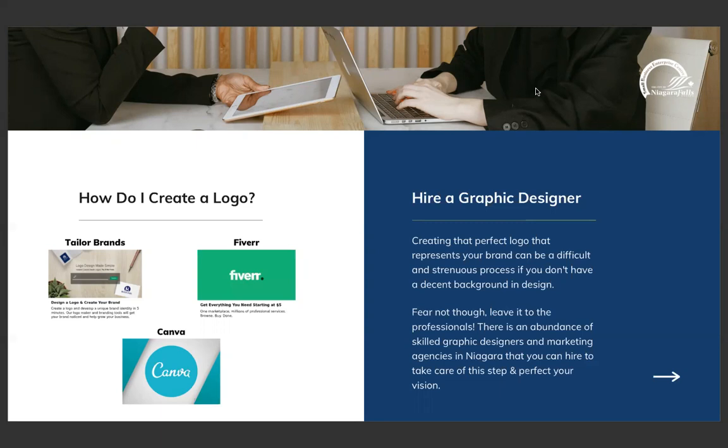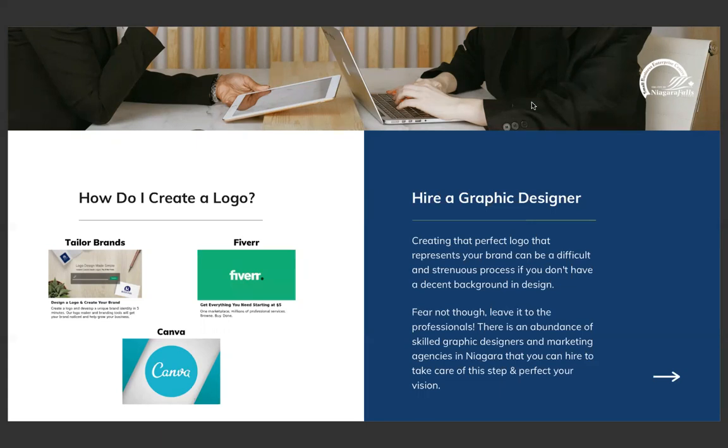Now, this might be a little bit of a daunting process if you do not have a design background or even too much experience with using online software. But if you have some time or a specific vision that you really want to play with yourself, Canva is a great option and a great tool where you can go in and create the logo yourself, or even create a first draft of the logo that you can bring to a final designer to polish at the end.